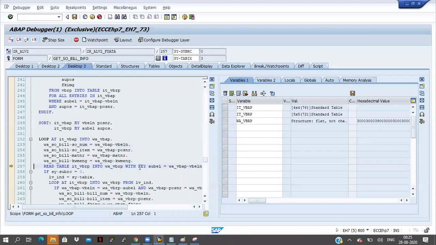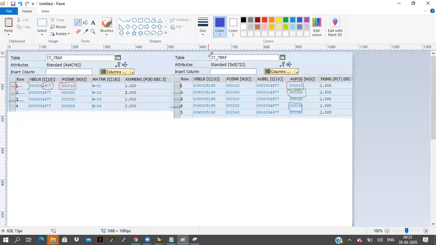Right. Now here I am checking. I'm using the read table syntax, and here SY-SUBRC equal to 0 is coming, which means the above line is executed successfully and the value is available in that work area. So what is the line number? The line number is 4, so in the fourth line the data is available.